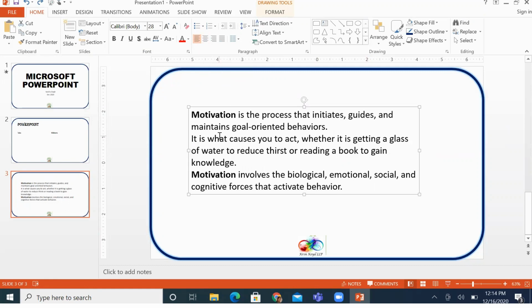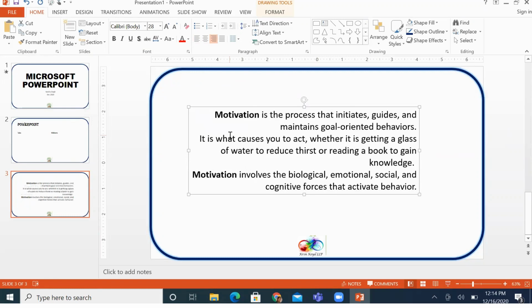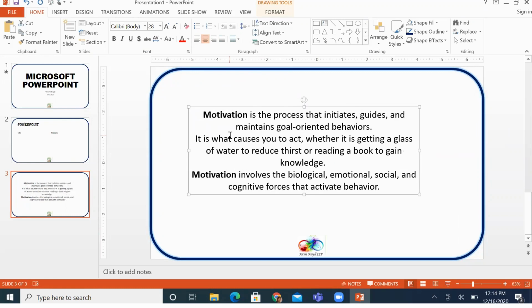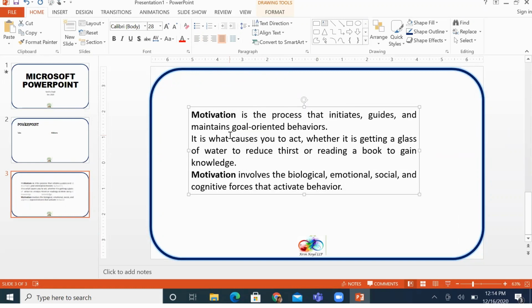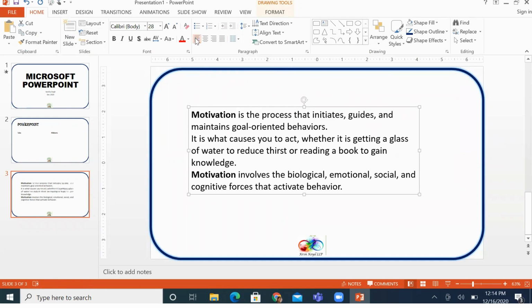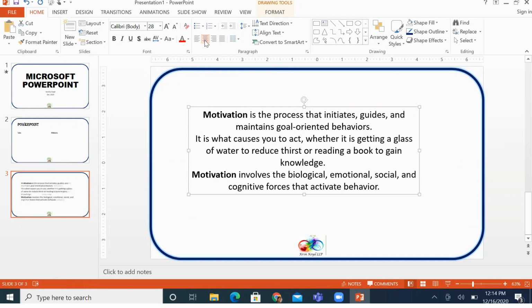Control L is the shortcut for left alignment. Control R is the shortcut for right alignment. Control E is the shortcut for center alignment. Control J is the shortcut for justify. So if I want, here also in the paragraph, you see left alignment, center alignment,